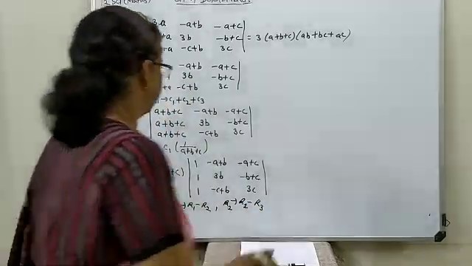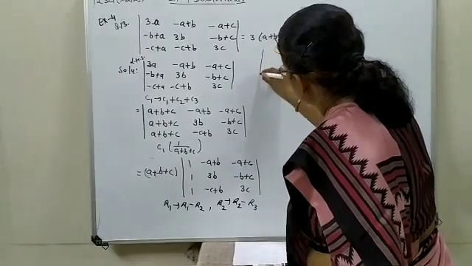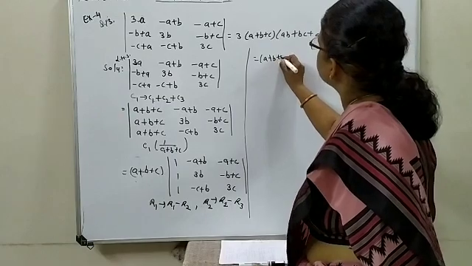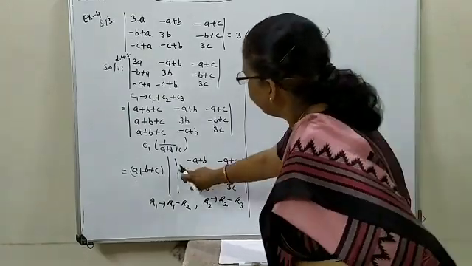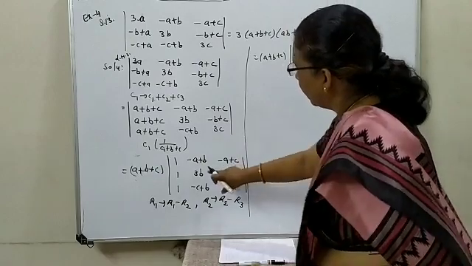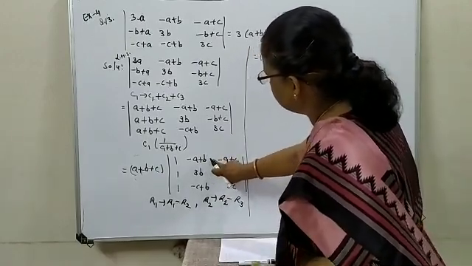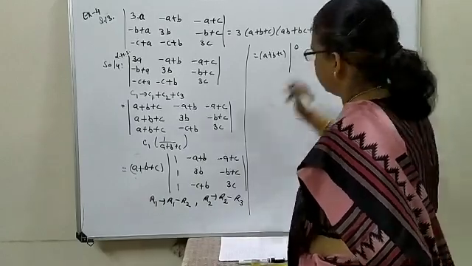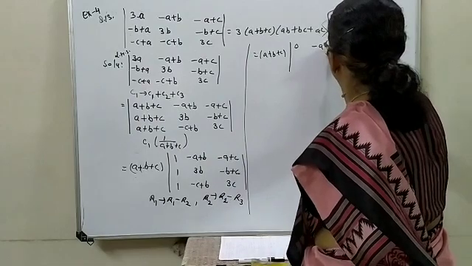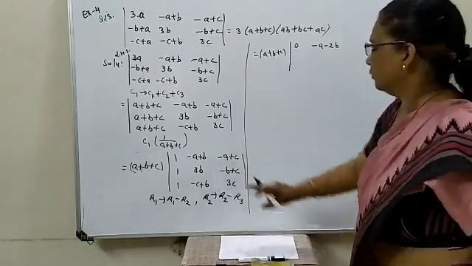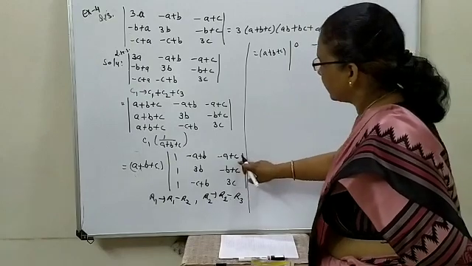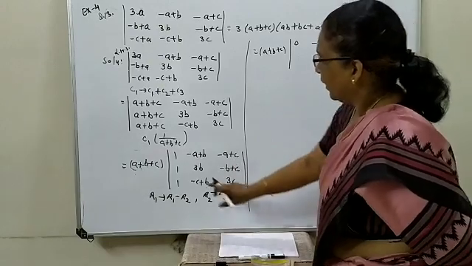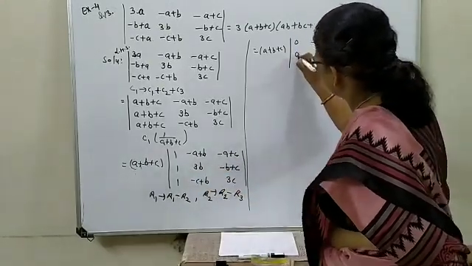So just look at the change what we are having here. A plus b plus c. Now 1 minus 1, 0 it will give. On making subtraction here, this will give you minus a and minus 2b. Here also go for the subtraction. So obviously your c will cut and you will be left with minus a plus b. Here you go for the subtraction. This will give you 0.